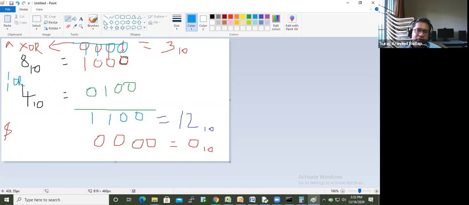Now, how to convince that OR is different from XOR? We have to take a suitable example where here also you put 1. Then what will this value be? 8 plus 4, this is 12.